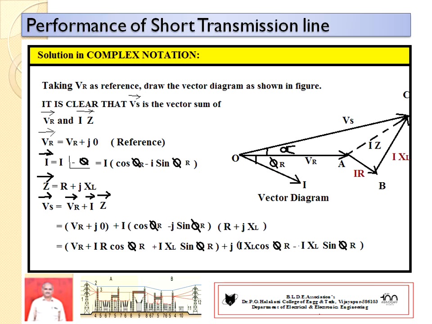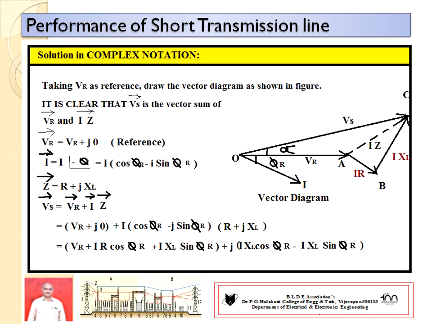So in the vector diagram, along line AB, which is parallel to the current, we can add the resistive drop. From point B we can add, perpendicular, I into XL, the inductive reactance drop. We are going to get the point C. So the vector sum of these I into R and I into XL gives I into impedance, from A to C.